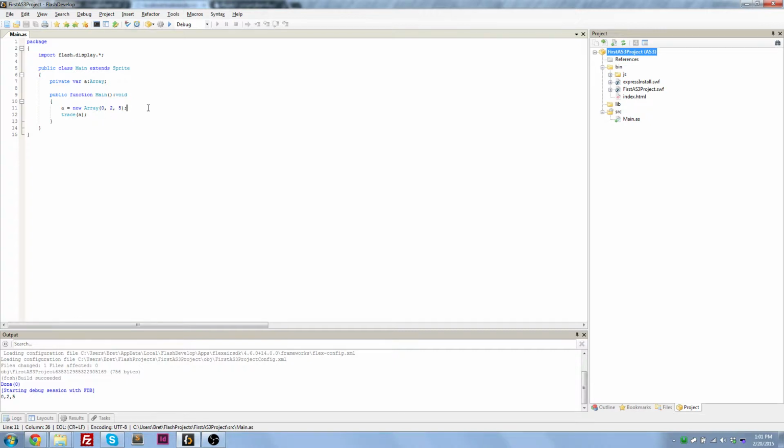Okay, so now what we can do is we can also get a single number from it. So we're going to change these from numbers just because we're going to be working with a lot of numbers here and it can get confusing. We're going to do first, second, taco. Okay, so if you want to get a single element from this array, let's say we're going to get second,